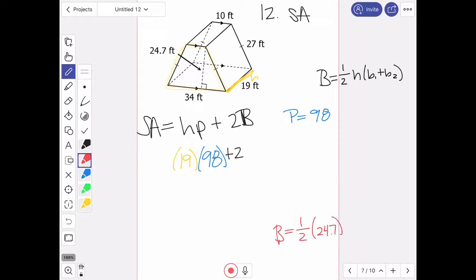24.7. And then I need to find my two bases. My two bases are the two parallel lines in the trapezoid, so that would be here and here. So I'm going to take 10 plus 34. And that is how you would find the base area of the trapezoid, which turns out to be